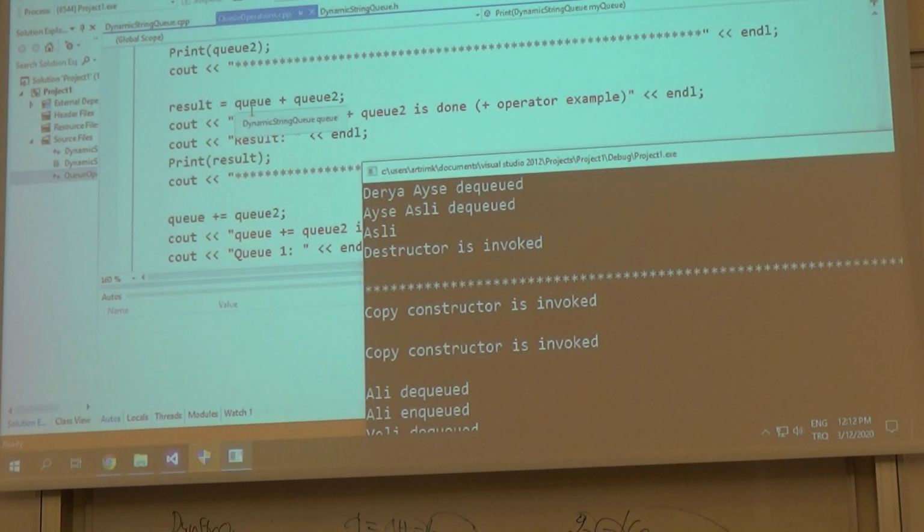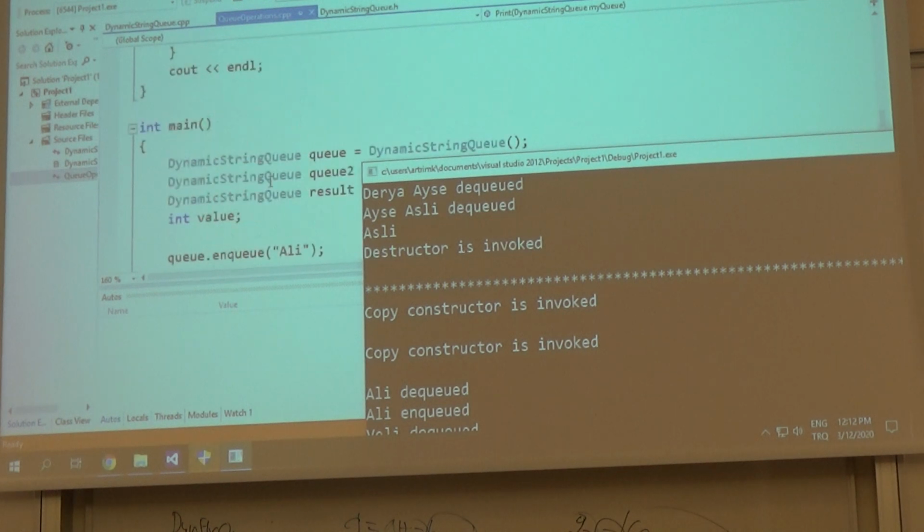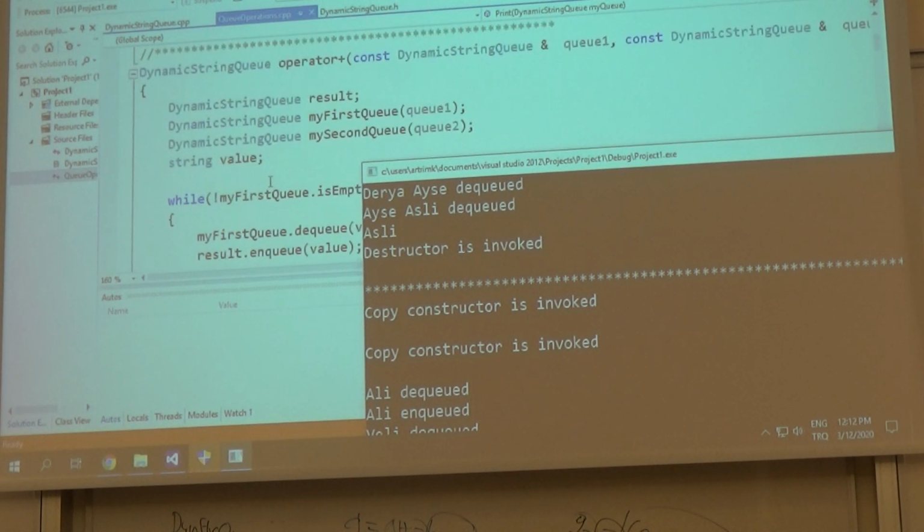Now comes the interesting part. I'm calling the function, so result is equal to Q plus Q2. So what I'm going to do first, of course, is execute Q plus Q2, and then I'm going to return something and assign it to the result. But when I call the operator plus, what I'm doing, you see, is the copy constructor. What I'm doing with the operator plus, you see I'm